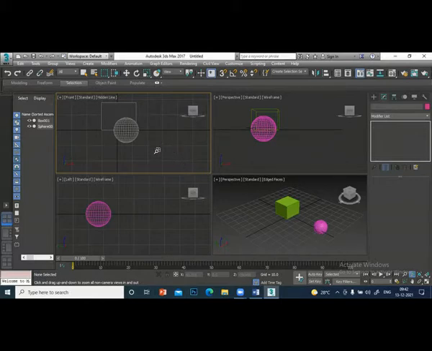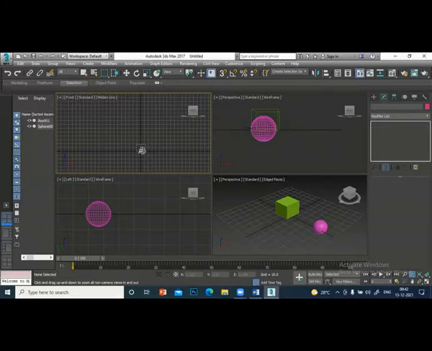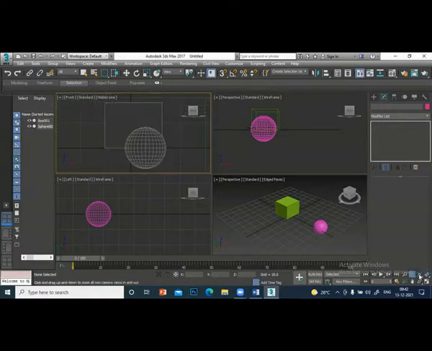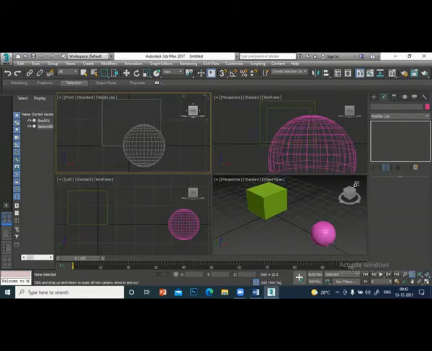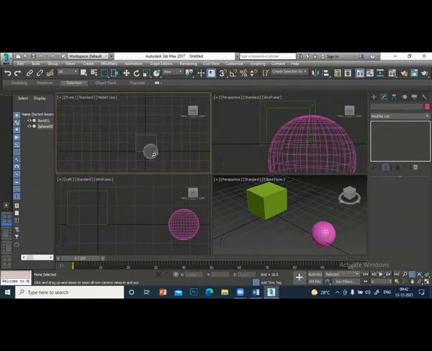Here, I want to zoom this maximum to this window. So I will use zoom extended. So it extends the objects. If you want to extend everywhere, use the second option here. Zoom extend all the viewports. Okay. There is one more option here. If you click here, there is one white here. This is the selected object only will be zoom extended. This is for selection.